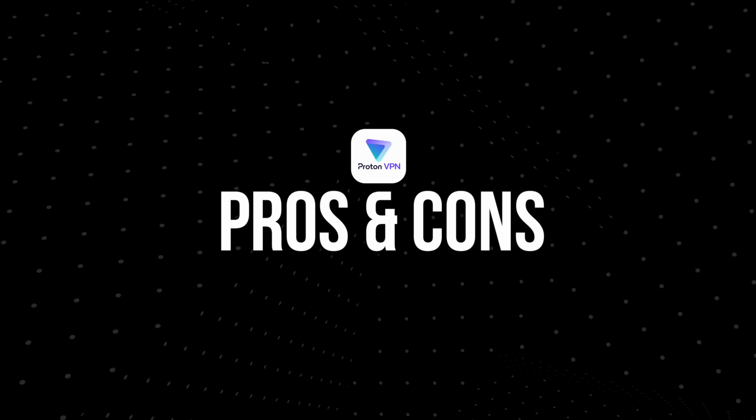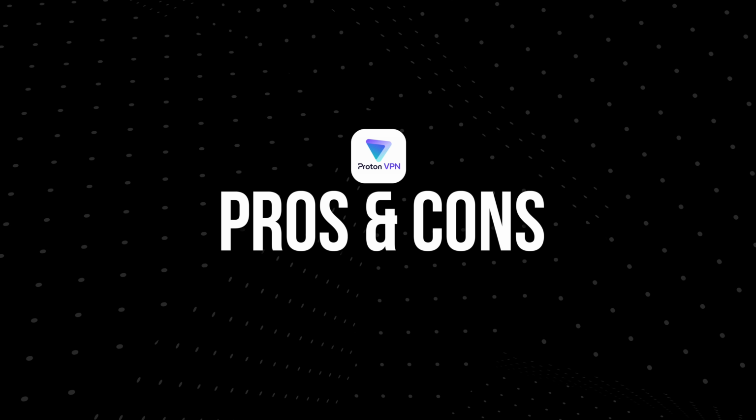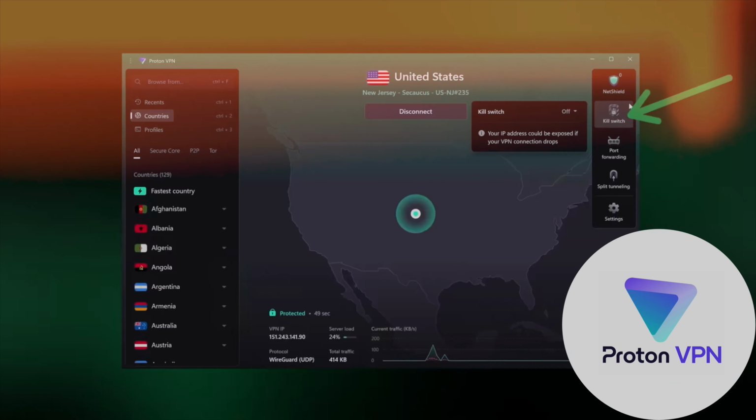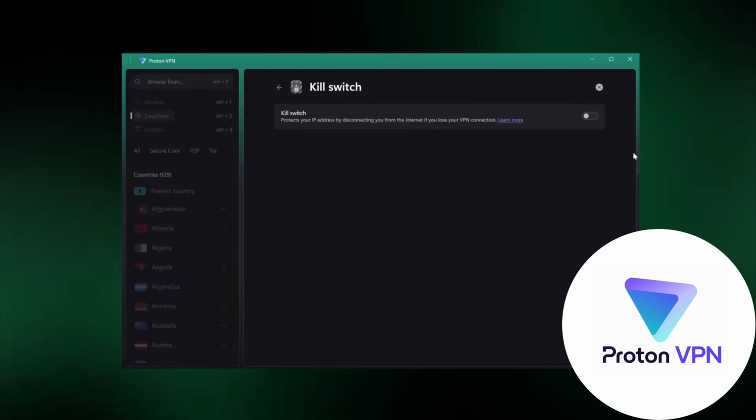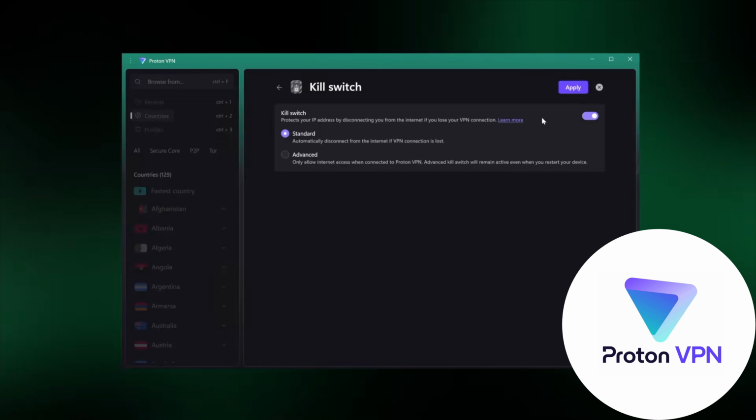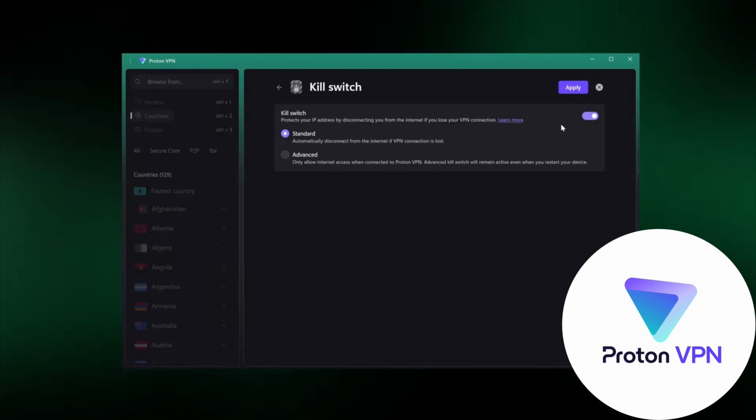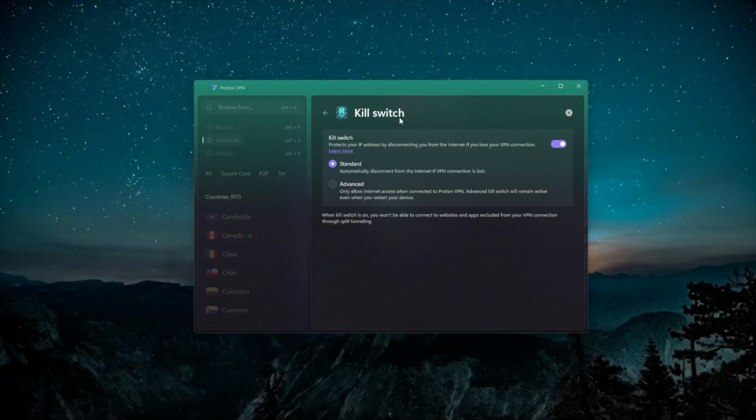Okay, let's dive into the pros and cons so you can really get the full picture. So Proton's always on and kill switch combination is one of the cleanest implementations of these features on mobile. The apps are open source, which means independent security researchers have reviewed the actual code behind these settings. Proton completed a SOC 2 Type 2 audit in July 2025 and a separate no logs audit in August 2025. The free tier includes the kill switch and basic always on functionality, so you can test this whole setup without